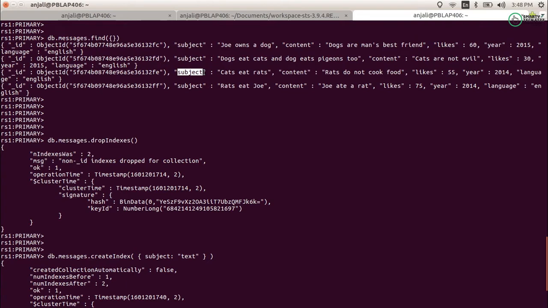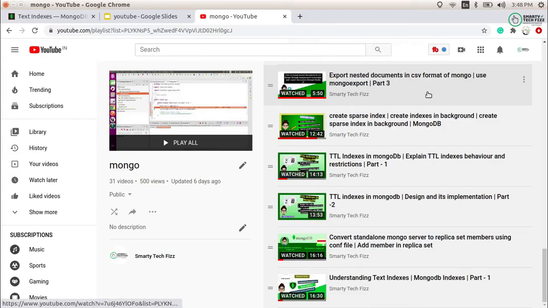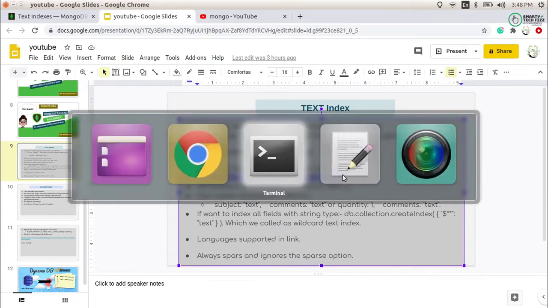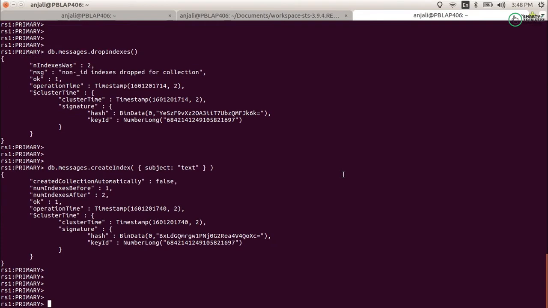If you use $search, it will automatically see that it is a text index, and if it is a text index, it must be on the subject field, because the text index is only created on the subject field. And if you ask what if there is another field on which a text index has been created, I will answer that if you see my previous part, I mentioned that a collection can have at most one text index. Not more than one text index can be created in a collection.